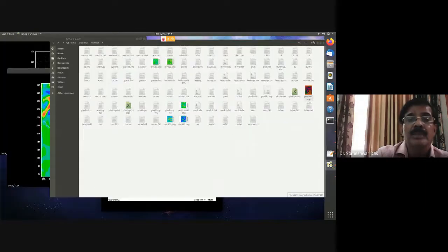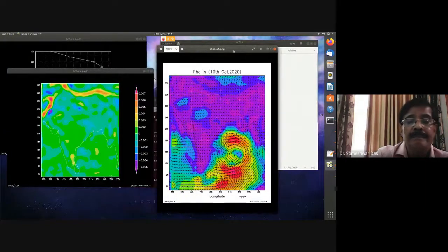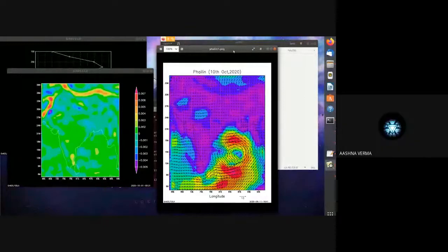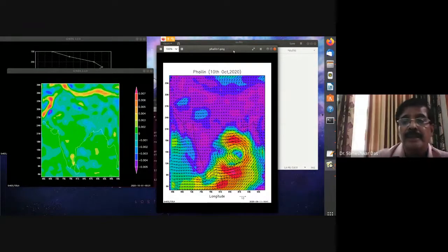So this is 10th of October. At what time? I have taken only a single time step, that is 00. Okay, so your cyclone is looking nice. Yellow is more like a positive value, right?